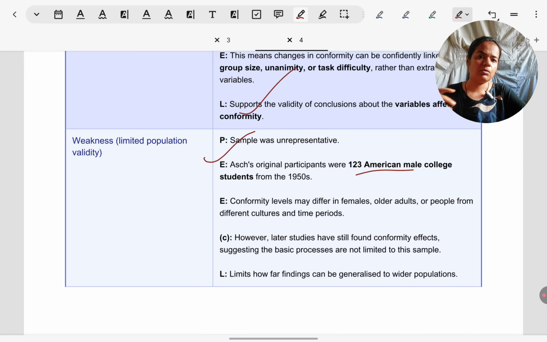So it's been almost a century, or at least 75 years, since these studies have been done. We should know that conformity is seen at different rates in different cultures. America is an individualistic culture. The self is more important than the community. People do conform. We saw very good rates of conformity.